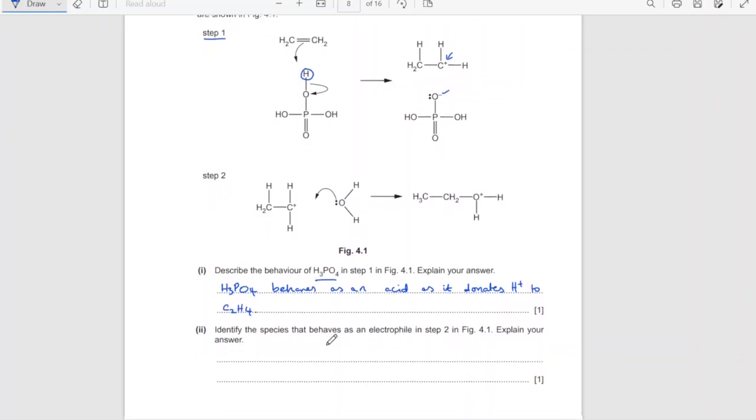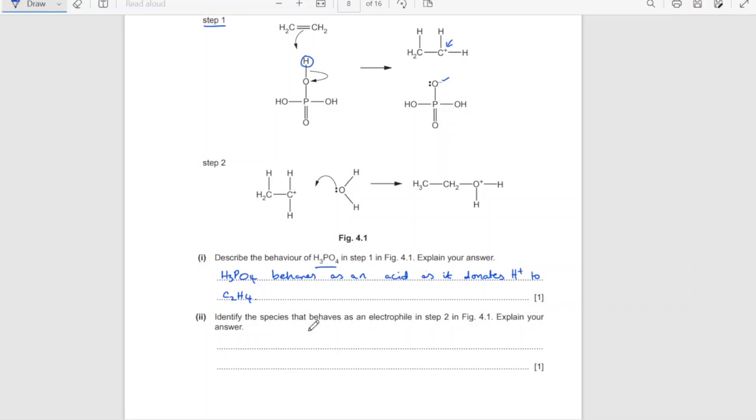All right. Now it says identify the species that behaves as an electrophile in step 2. Okay, so in step 2 over here, you can see that we have the ethyl cation, all right, the carbocation from step 1. It is gaining a pair of electrons, the lone pair of this oxygen over here, because it's itself positively charged, it's deficient in electrons. So what we're going to say is that the C2H5 plus behaves as an electrophile